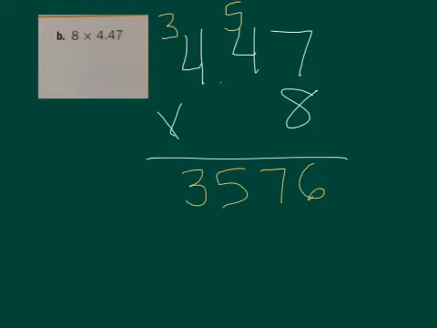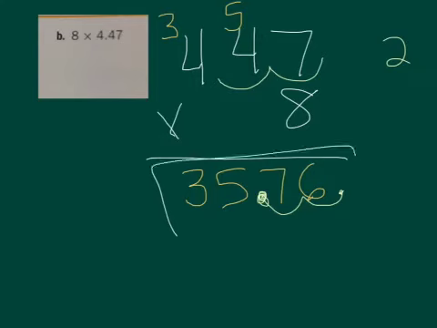Our last step is to put in the decimal point. Remember, we count how many are behind the decimal. In this case, there are 2. So when we move our decimal, we're going to go 1, 2. We always start with our decimal over on this side. So my answer is